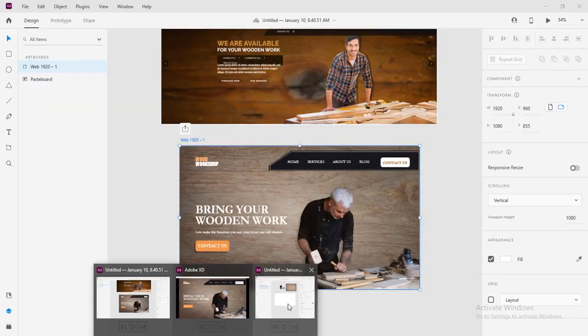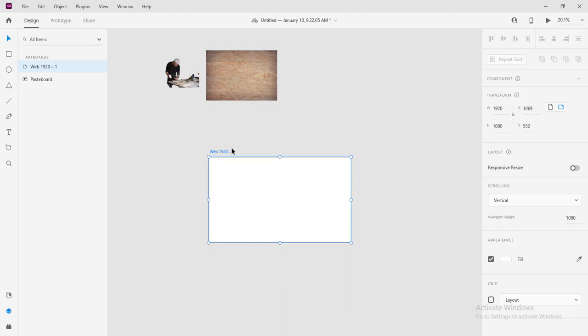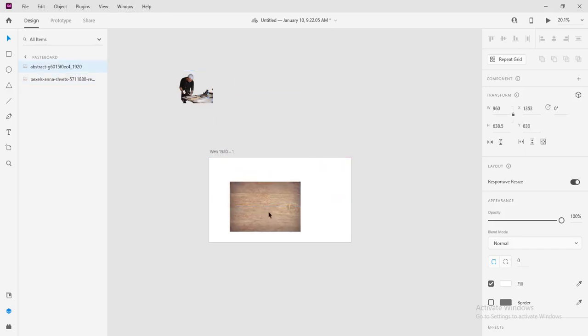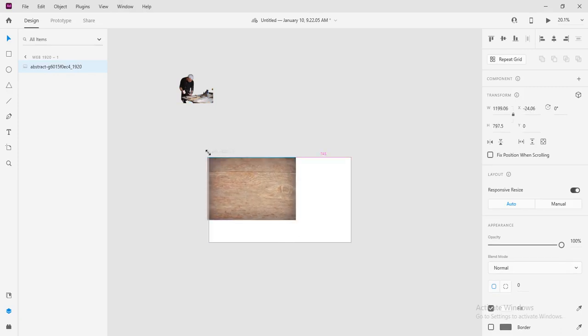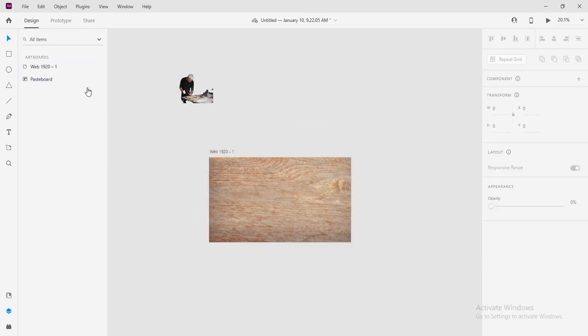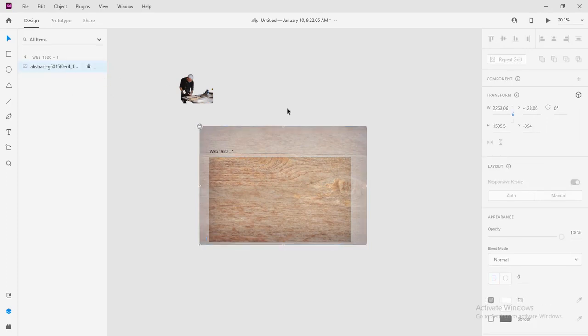I've created a new document, a new artboard rather, so that I've started everything from scratch. I'll be using this wood image as a background, and I'll place this carpenter on top of it. So let's do that right now. Make sure that everything that I do, I'm locking, so that I will not